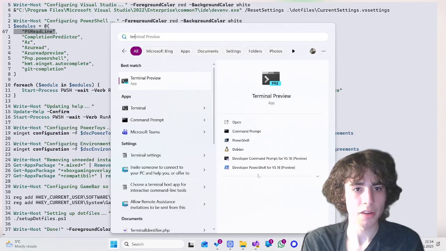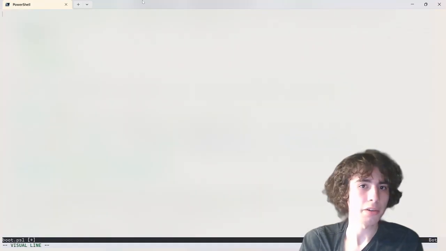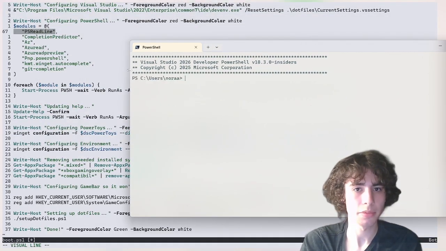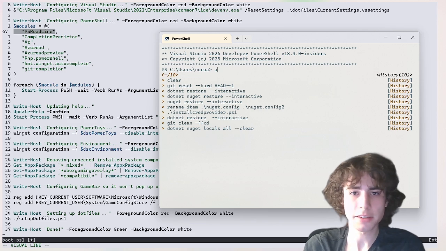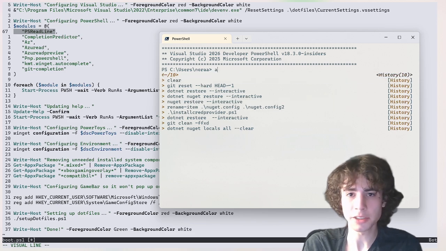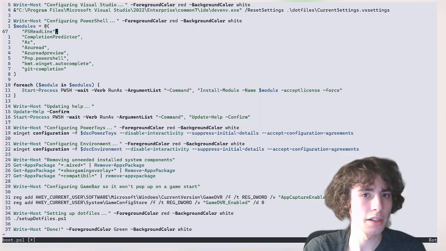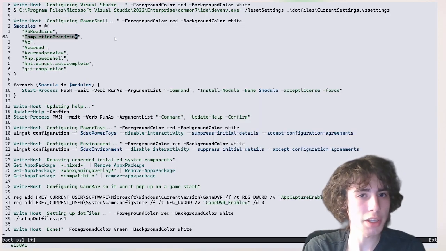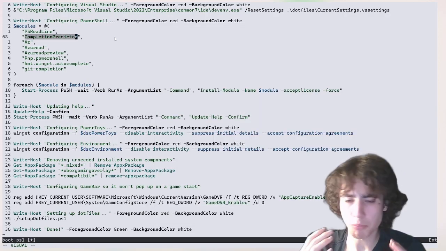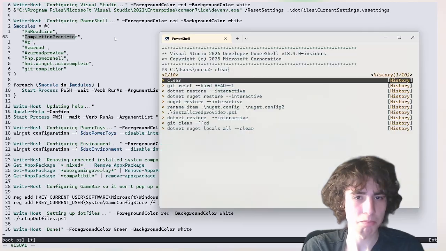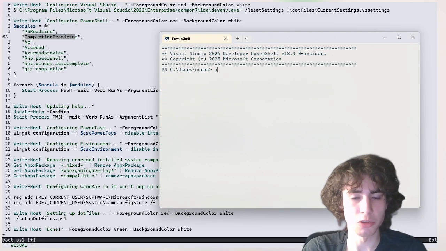Like if I open terminal here, this whole history here comes from PSReadLine. Then we have CompletionPredictor that predicts some of the completions shown here,